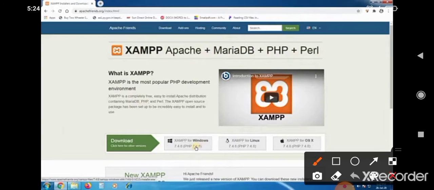First one is XAMPP for Windows, the second one is XAMPP for Linux, the third one is XAMPP for Mac OS. Depending upon the operating system we have used in our computer system, the XAMPP server should be installed. Here we are using the Windows operating system, so I'm going to click on it.